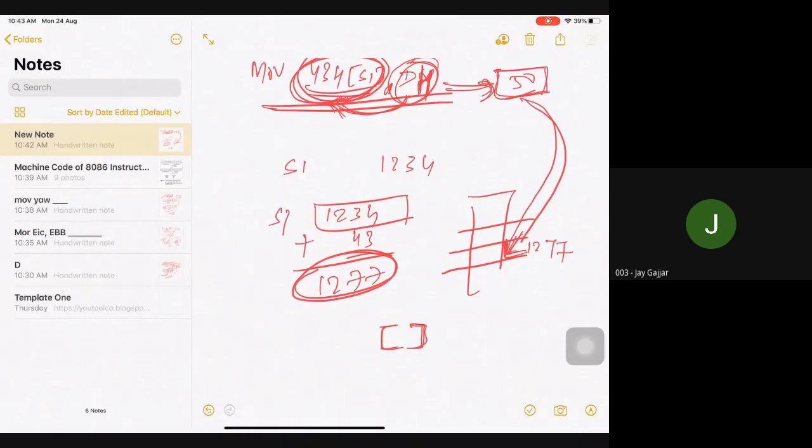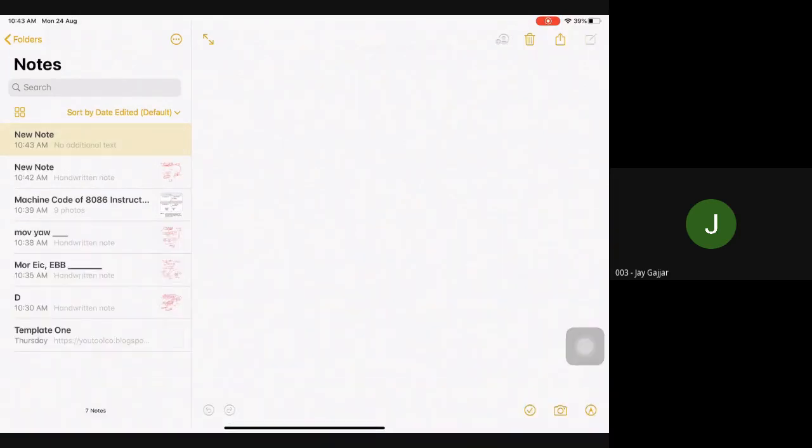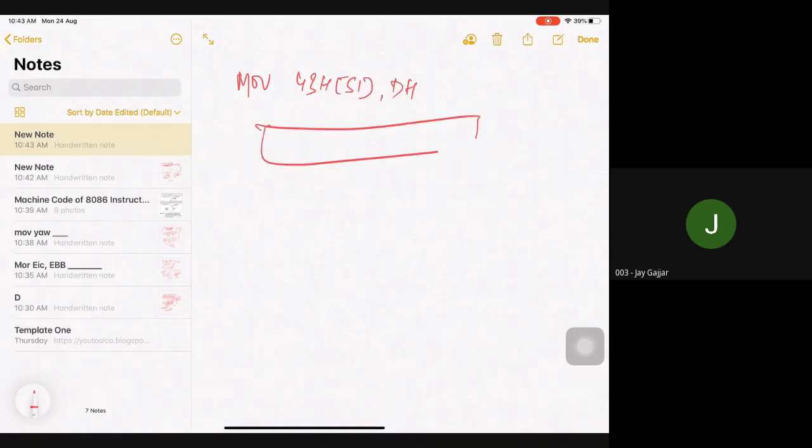Okay, let's do it again. What was the instruction? Move 43H SI comma DH. So as we know, the first 6 bits will be my opcode, so I don't need to write it. This is my D bit. Sorry, this is my W bit.